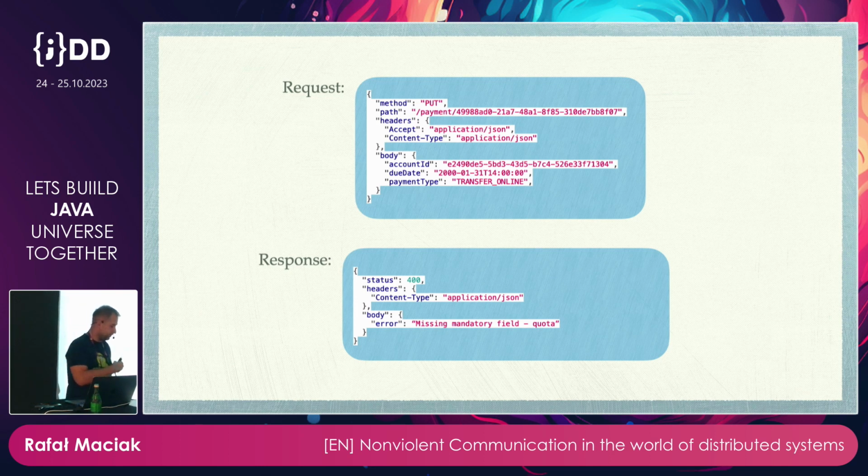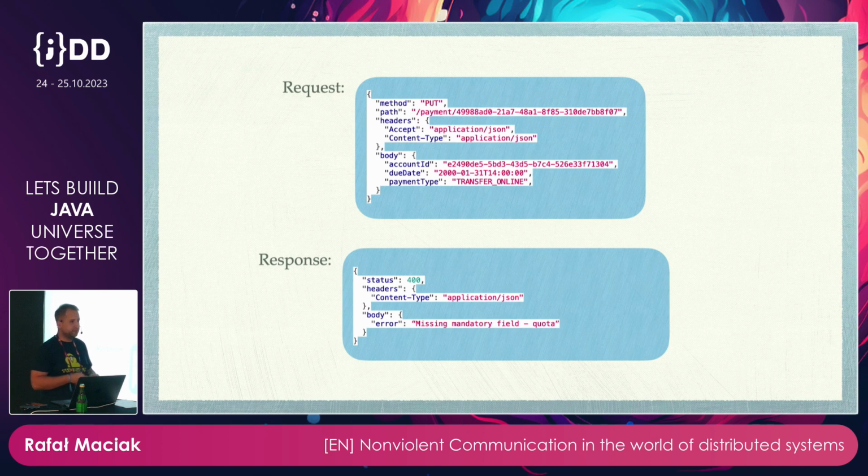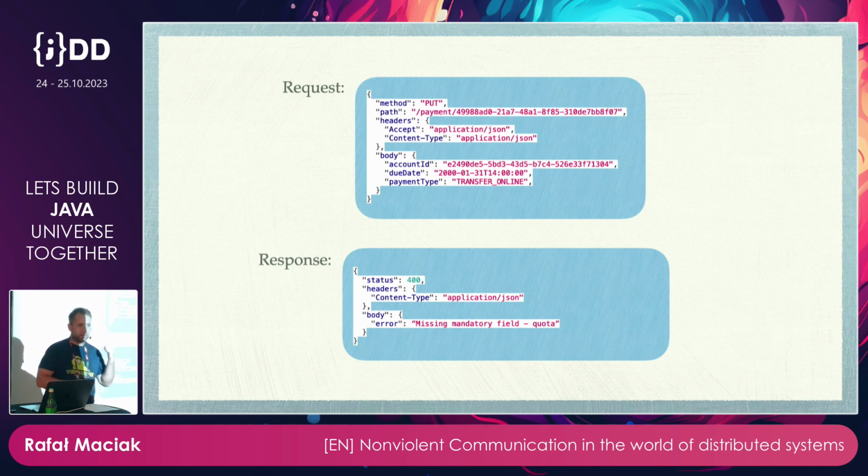For example, in this positive or negative scenario of creating the payment. It is important to note, because this is in contrast to another well-known solution, which is schema. So in schema, we define field by field what is the name, type, what values it takes. So we kind of hard code the request and response. While in the contract, the schema doesn't provide any information what set of the fields is valid in specific business scenario, what contract